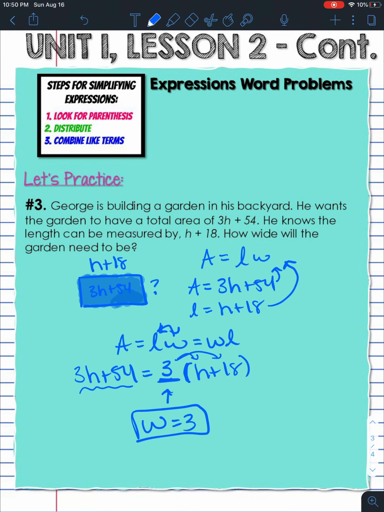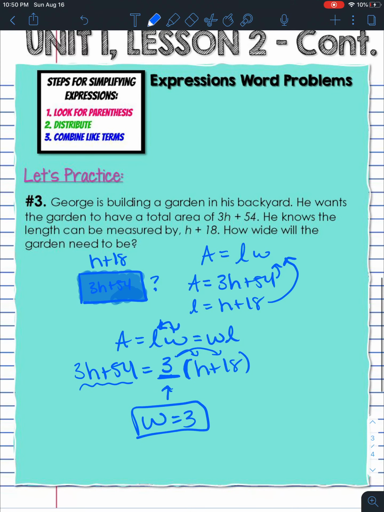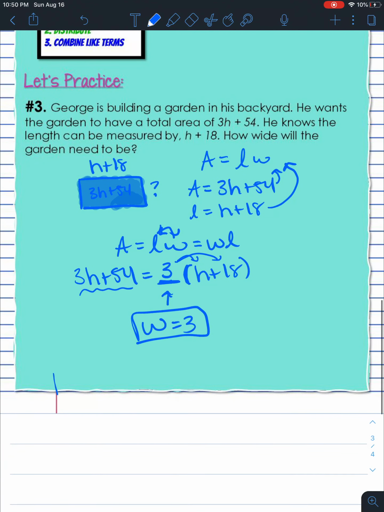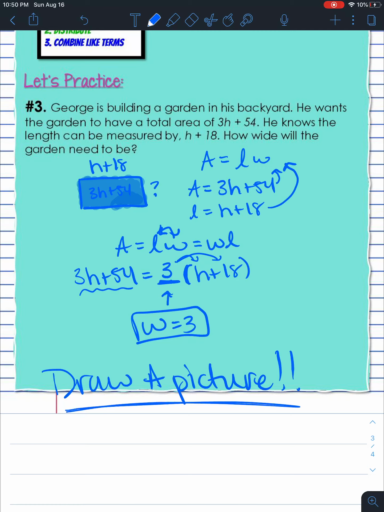And just remember, as you're working these problems, it's so, so helpful to draw a picture. Okay, I cannot stress enough how important it is to draw a picture. Every time, draw a picture. It will help you. I promise it will help you. So draw a picture every single time. If you have questions, you don't know what to do, just take a picture of your work, email it to me, and I will